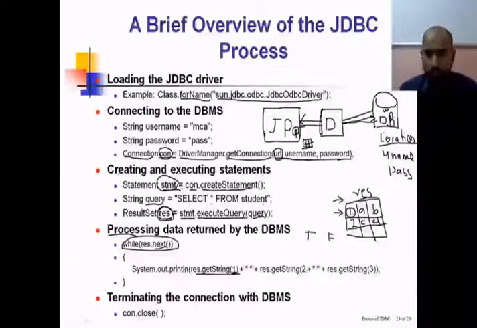Here 1 specifies the column number. This is column 1, this is column 2, and this is column 3. So we are reading the data present in column 1. That is why we have res.getString(1). Then we have res.getString(2), again the data present in the second column, and in the same way the data present in the third column. Like this we can read data in every column in a particular row. So we have read the data present in the first row.